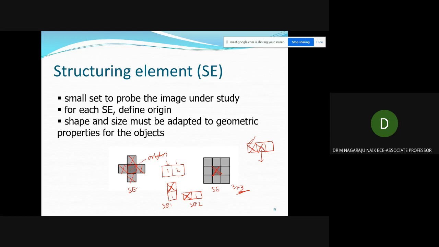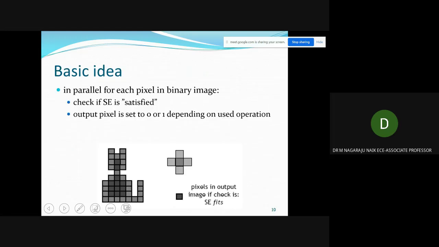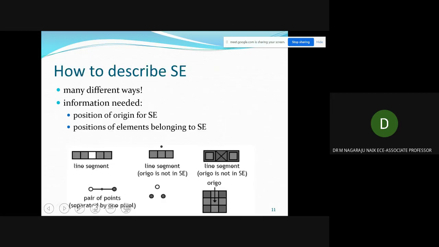The shape and size must be adapted to the geometrical properties of the objects. The basic idea is to check whether the SE fits pixels in our image. Now how that works, no problem, later we'll discuss that. So how to describe that SE? We can say it in many different ways. Now this is an origin, or this is an origin, or this is an origin.